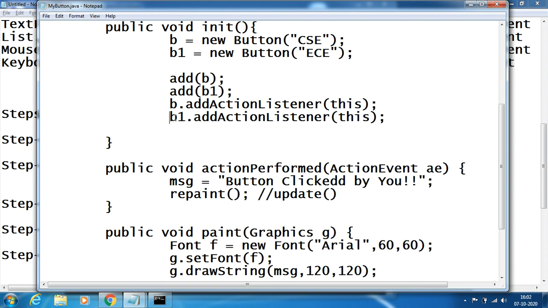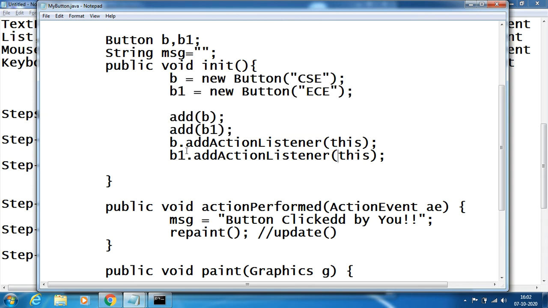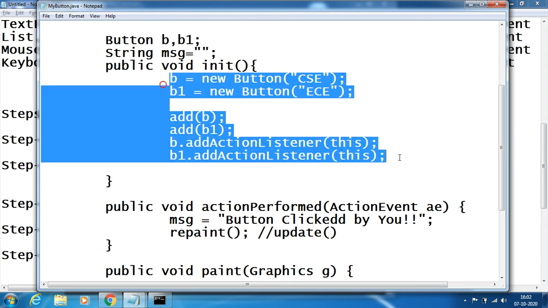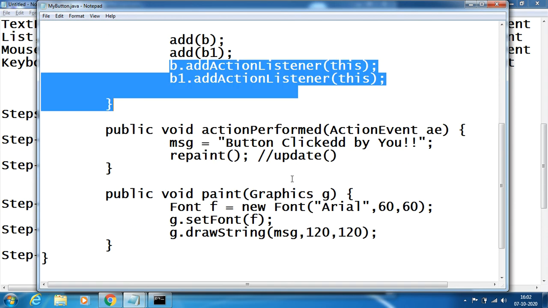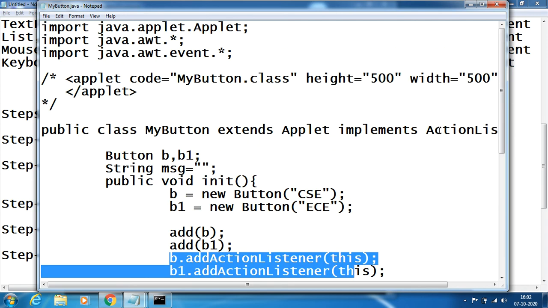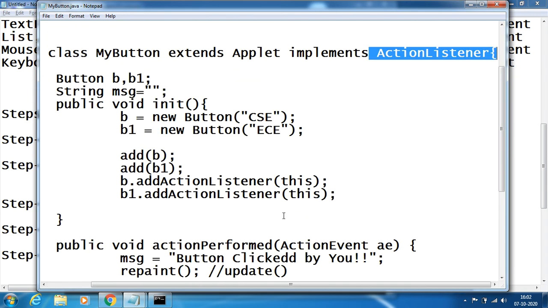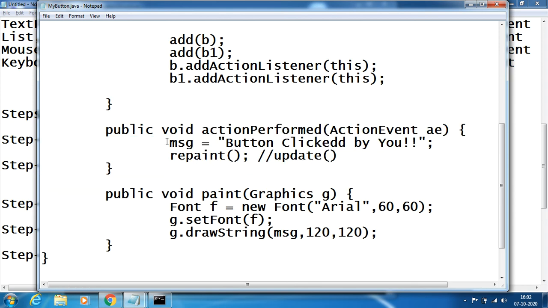Mind you, every initialization and every addition of buttons or action listeners has to be done inside the init method, because init is an initializing method. Even though I add multiple buttons, there will always be a single listener and a single method. Now the logic will change here.